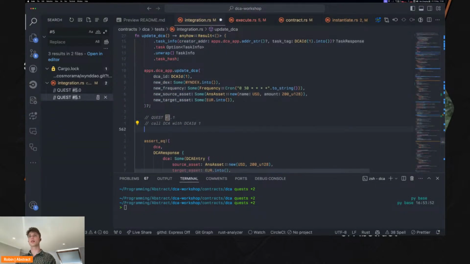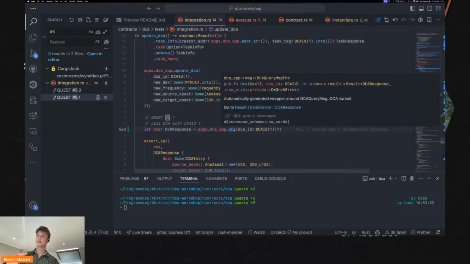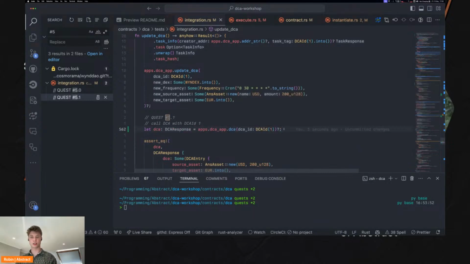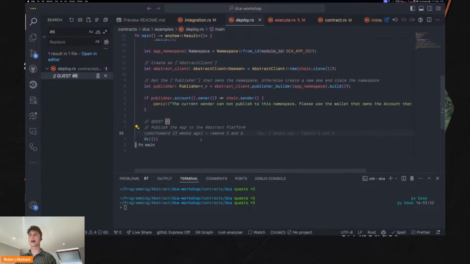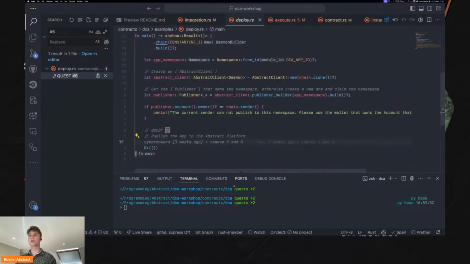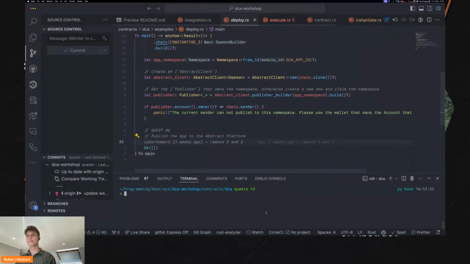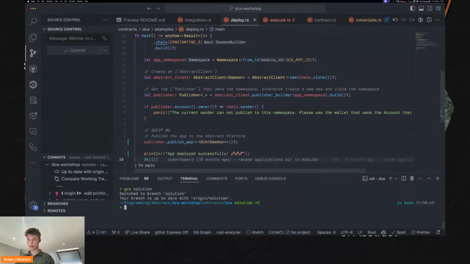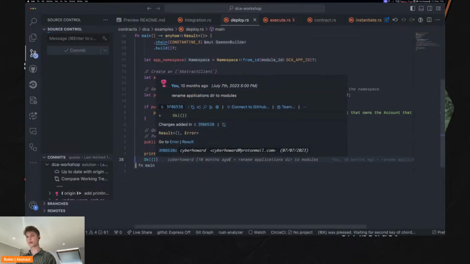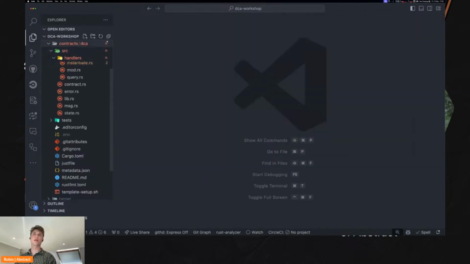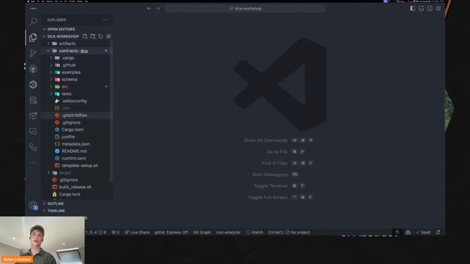And then same here, we can also call DCA to actually do the dollar cost averaging of the position. So that's quite simple. And then for 6, we can publish to the abstract platform. So this one I'm going to try to actually perform on the testnet. So I'm going to remove the changes that I did on this branch, go to the solutions, and then go to the DCA,